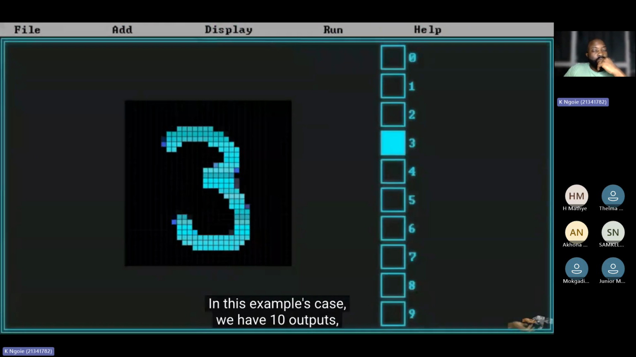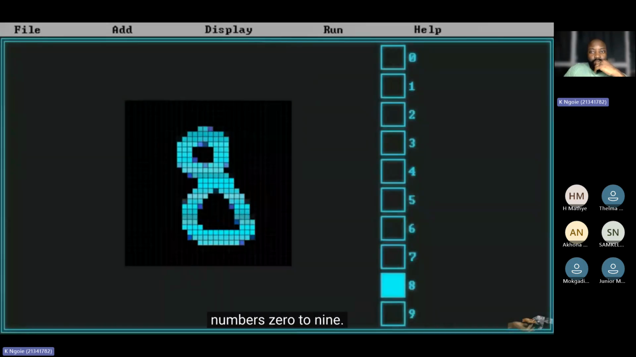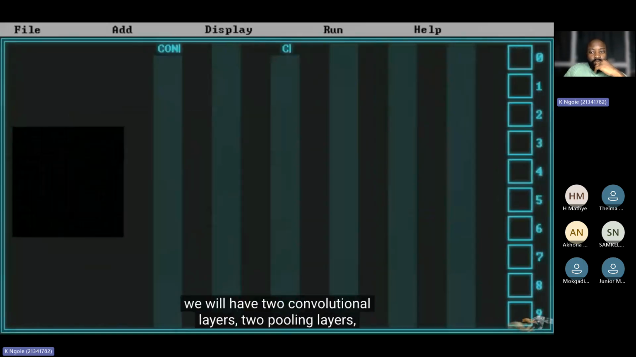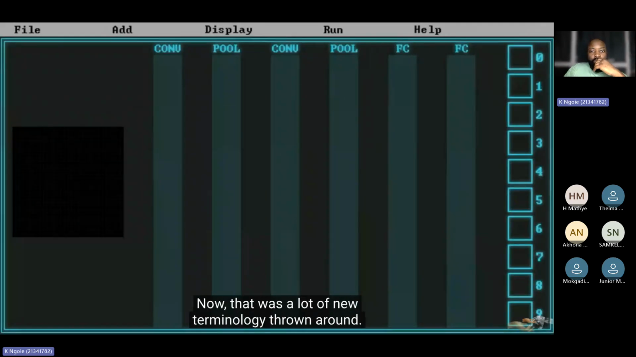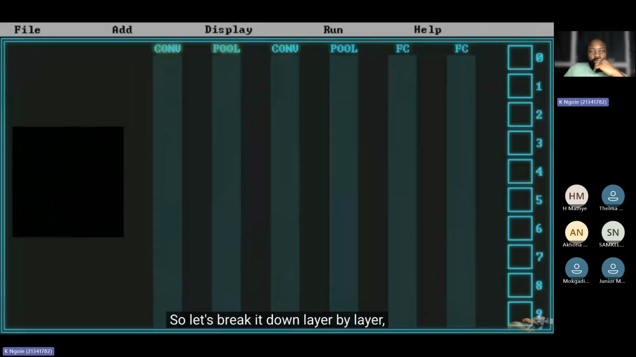In this example's case, we have 10 outputs, numbers 0 to 9. For the layers in between, we will have 2 convolutional layers, 2 pooling layers, and 2 fully connected layers. Now that was a lot of new terminology thrown around, so let's break it down layer by layer, starting with